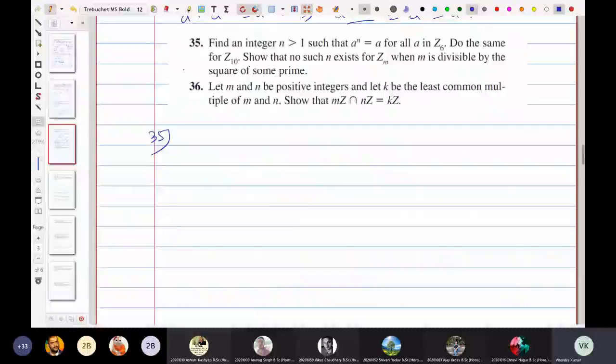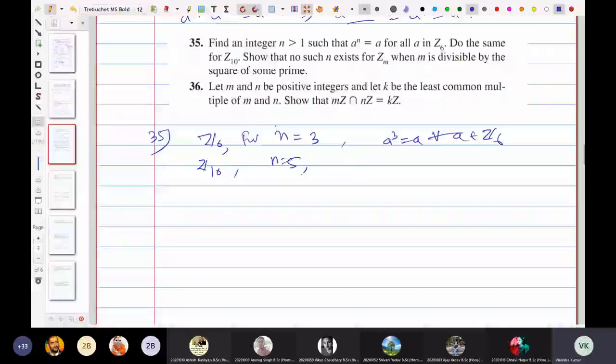Okay, in Z6 we can take, of course you need to try it out, but for n equals 3 this will hold: for n equals 3, a to the power 3 equals a for all a belongs to Z6. And for Z10 you can take n equals 5 and verify this, when a belongs to Z10. I'm not sure about this, but I'm guessing, so you can verify it. And in the rest part you can take m equals to,